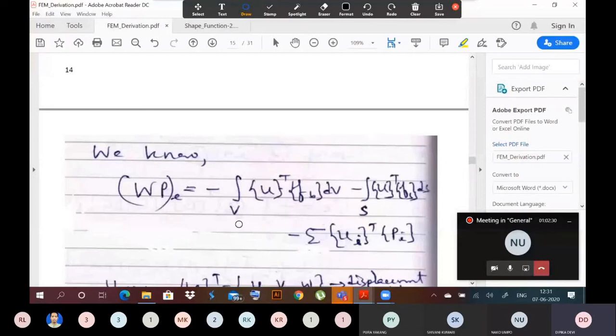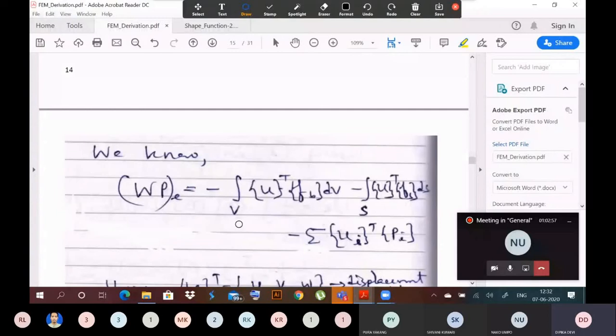These are for an element, in context to the element, not in context to the whole domain. In the Rayleigh-Ritz method and Galerkin's method, we derive this for the whole domain, but here we are deriving in context to the element. That is the difference between FEM and these two methods of approximate analysis that you should remember. So we are finding the work potential of an element. That element may have body force. It also may be acted upon by surface traction over the surface of the element. It also may be acted upon by a point load at any point in the element. But usually the point load will act at the nodes, that I already told you.